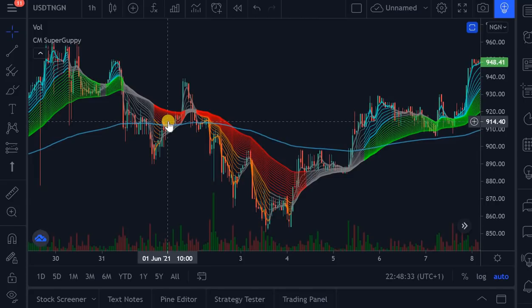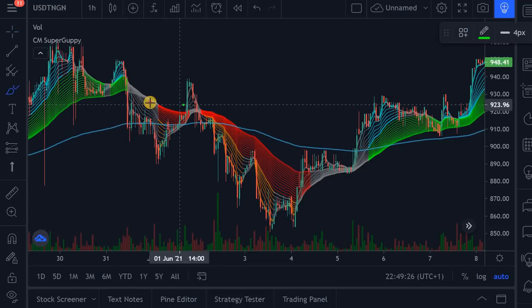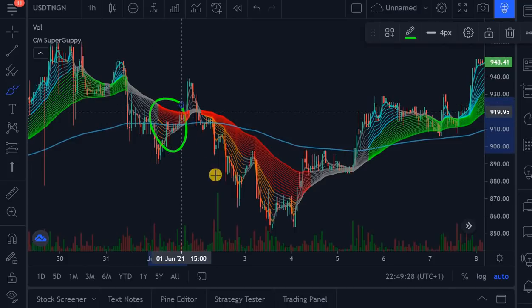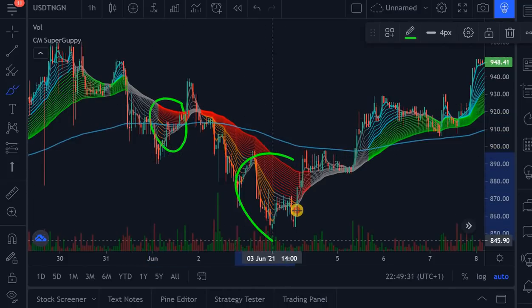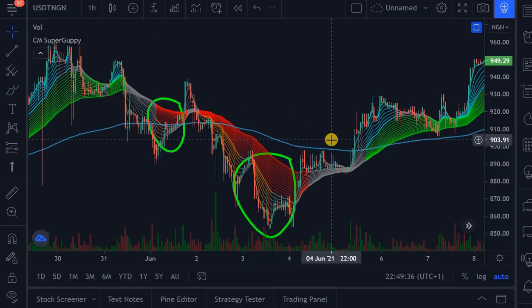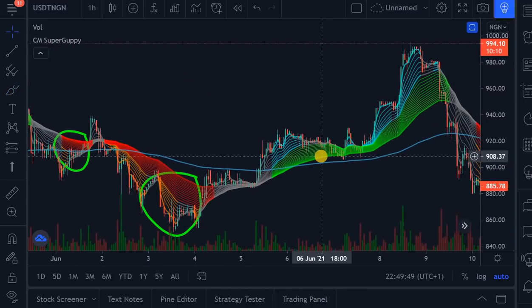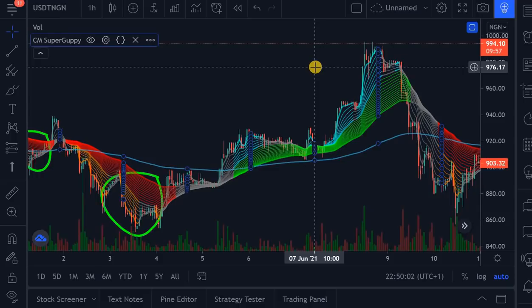So how you are going to play this is that every time you see a red color flash in this indicator, you are meant to buy USDT. That means that the USDT compared to Naira is weak. So every time it flashes this red color, it's a good time to buy USDT with your NGN fiat balance. Once you buy USDT, at this point it flashes red. You also buy USDT at this second point, it flashes red. You would be able to sell your USDT when it flashes this green color. Pay attention right now because this is where it gets tricky.